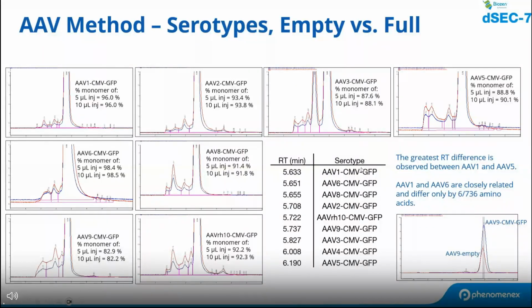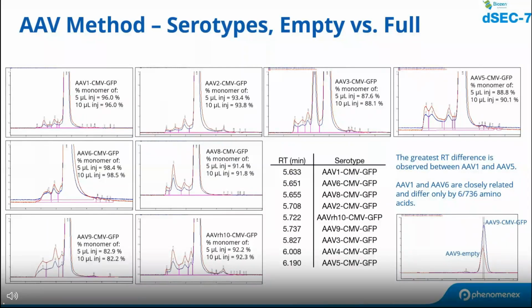And if I go and talk to AAV manufacturers or people who actually study these things, they would tell me that AAV1 and 5 are indeed serotypically the most different. If I look at AAV1 and 6, I get a reproducible difference in the retention time as well. And when I look at their amino acid sequence, I realize they only differ by 6 out of